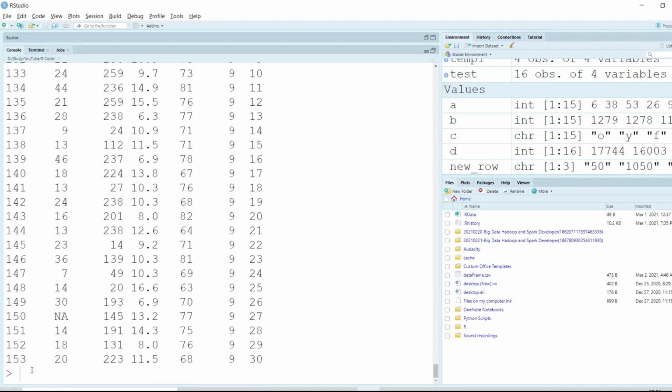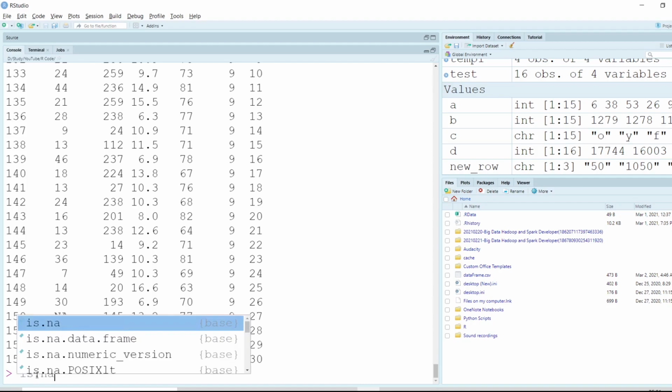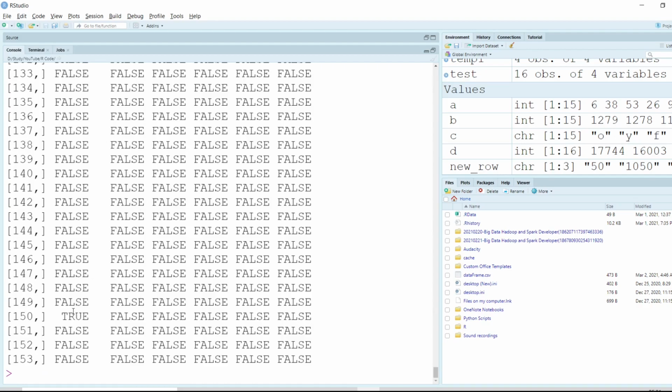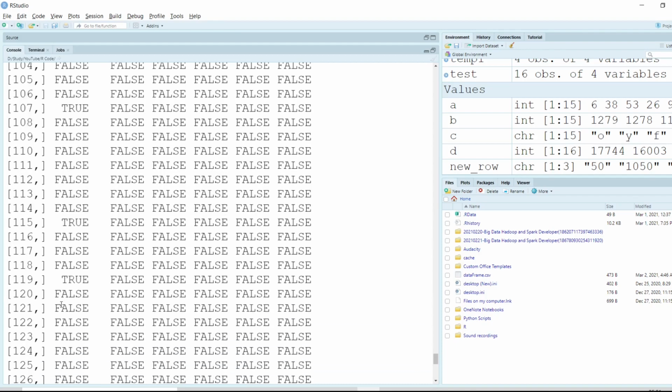If you want to know how many missing values are there in a particular data frame, the way we do that is we can use the function is.na, and inside that, if we pass the data frame, which is airquality here, it will just highlight TRUE wherever we have a missing value, and everything else will be FALSE.